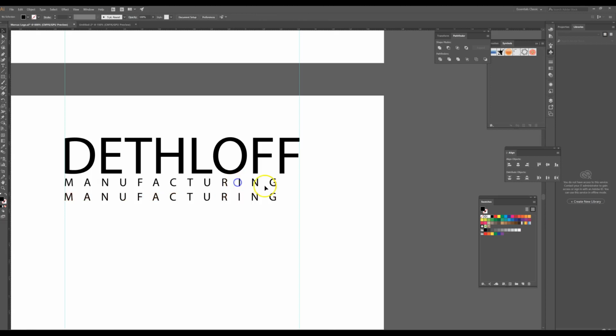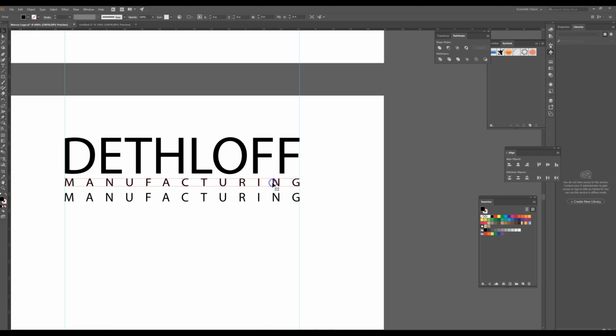So the top one, I'm just going to grab and stretch. The bottom one, I'm going to hold down Shift so everything stays proportioned and stretch it that way. So you see how this one actually looks a little more stretched and the letters look a little off, whereas this one still stays perfect. So make sure you hold down Shift when you do this because it just has cleaner lettering. So I'm going to delete this and then, oops,